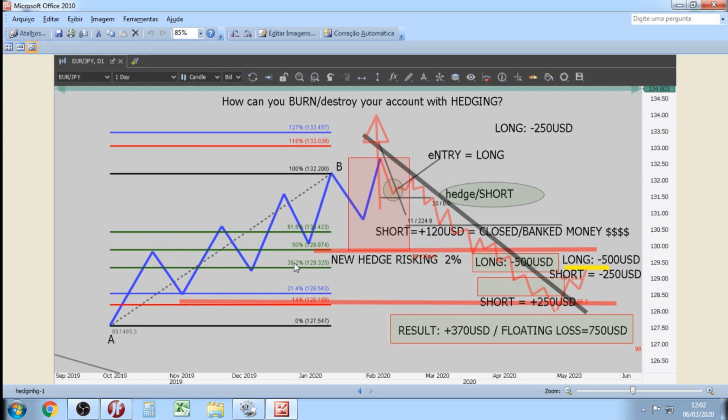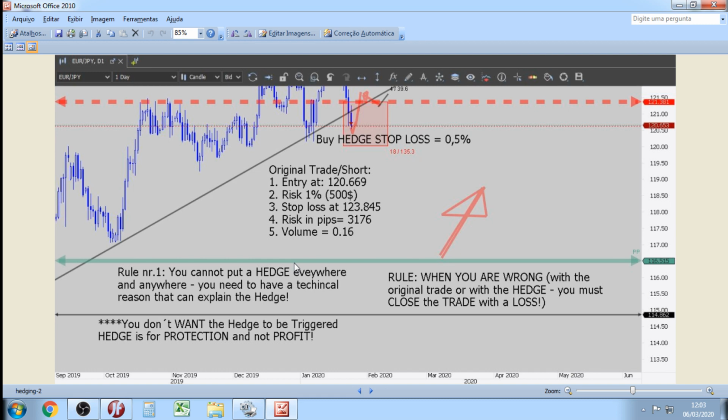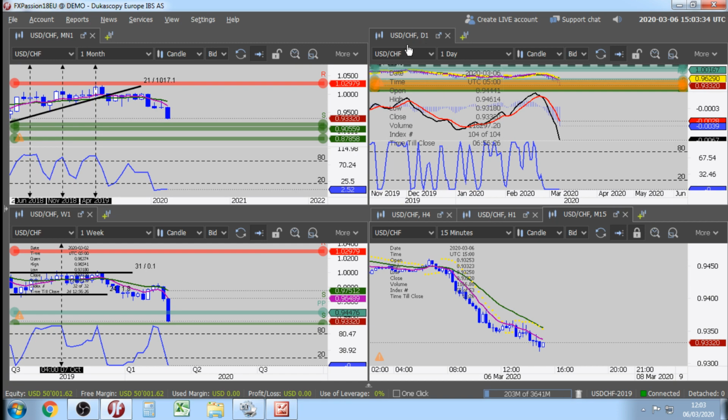This was an example from 3 weeks ago, how to burn your account, everybody. It's so easy, and it tastes so good to make profits with a hedge trade, but in the end, if we are hedging in the wrong direction, we need to accept our losses. And one more. These are two more rules. Rule number 1, you cannot put a hedge everywhere, everybody, and we are going to talk about this today. You need to have a technical reason that explains the hedge. Rule, when you are wrong with the original trade and with the hedge, you must close the trade with the loss. And the last but not least, you don't want the hedge to be triggered, and a hedge is for protection and not profit. So today is hedging part 5, everybody,